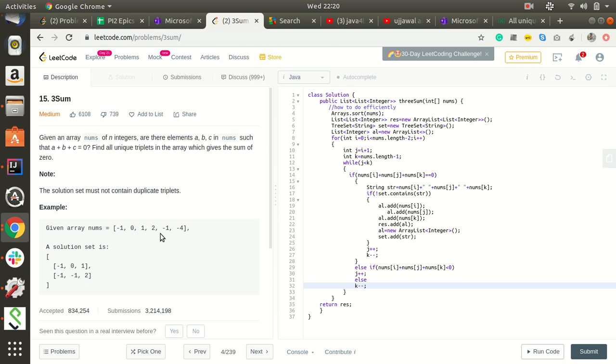Then -1 -1 and 2, so -2 plus 2 is 0. So these two are the unique solution set. The solution of this question returns a list of lists, which means a list of solution triplets.